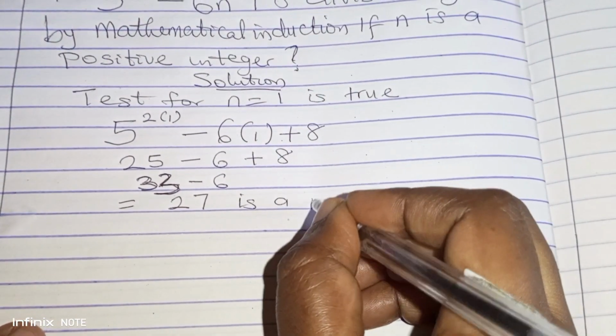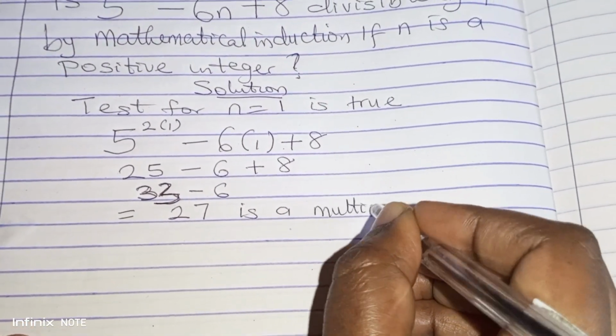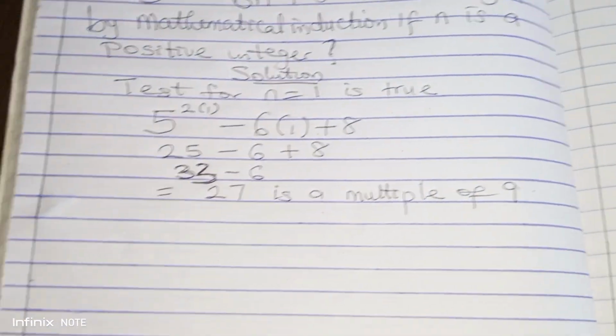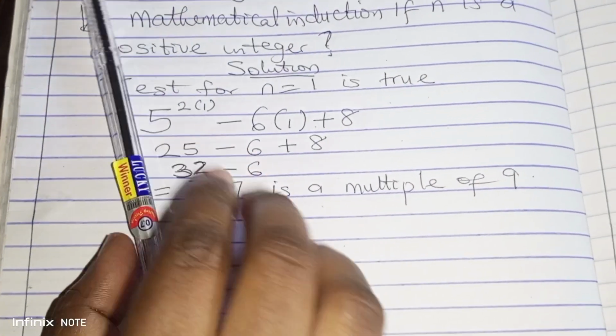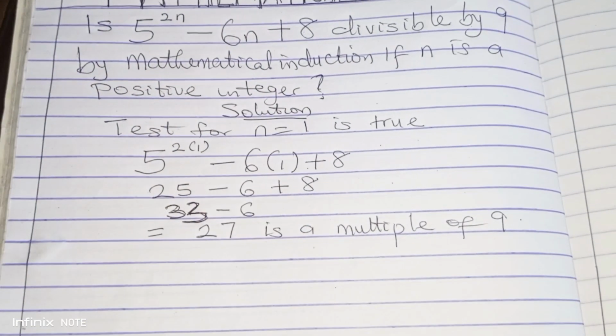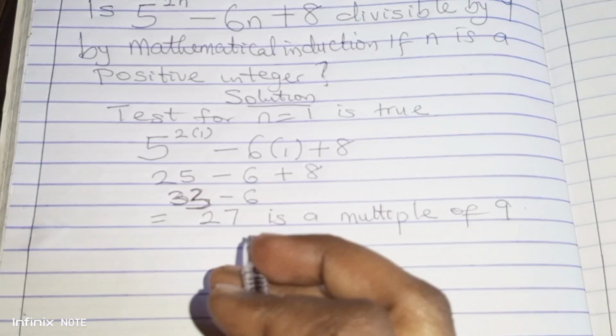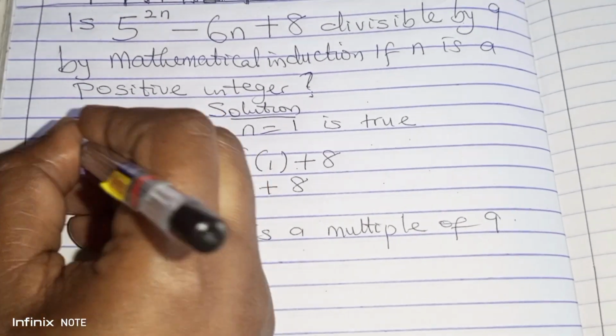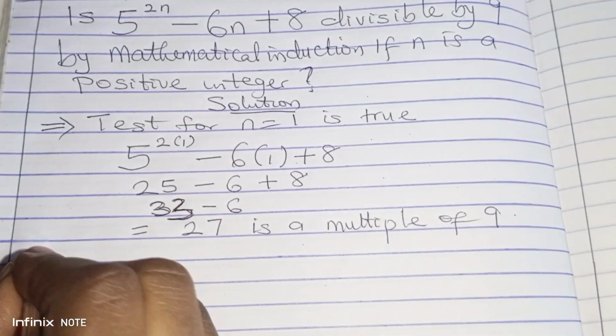A multiple of 9. So you can see that this expression is true for when n is equal to 1. So you can go ahead and test for n is equal to 2, n is equal to 3, and so on. So the next thing is to assume